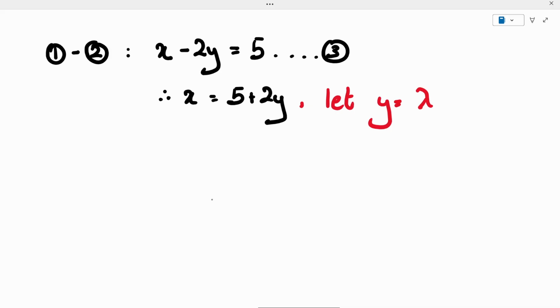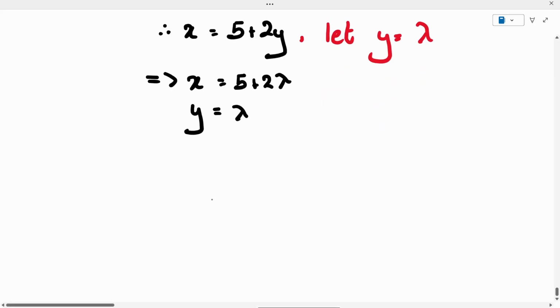So now x is 5 plus 2 lambda. Oh yeah, y is equal to lambda, right? So we have x is 5 plus 2 lambda and we have y is lambda. So now think about lambda as a scalar. We kind of have numerical values for x and y now, right? So this is exactly how we would have solved it before. It's just instead of a constant like a 3 or a 2 or a minus something, we just have lambda. So we're going to sub. So let's put x and y into